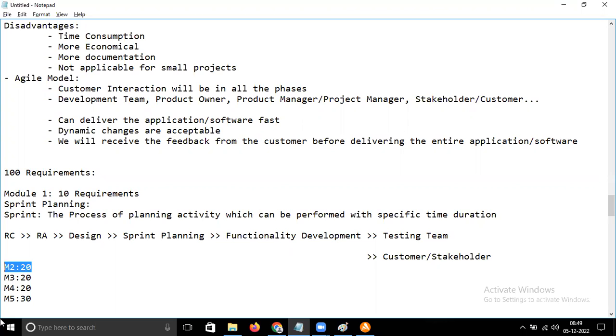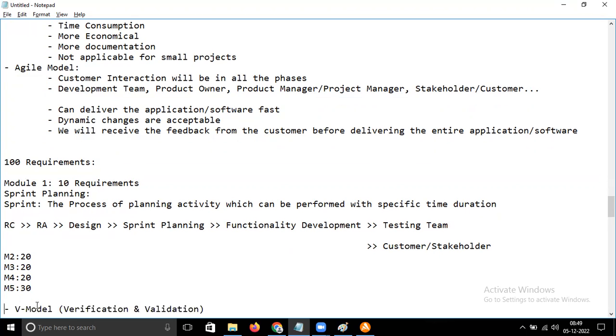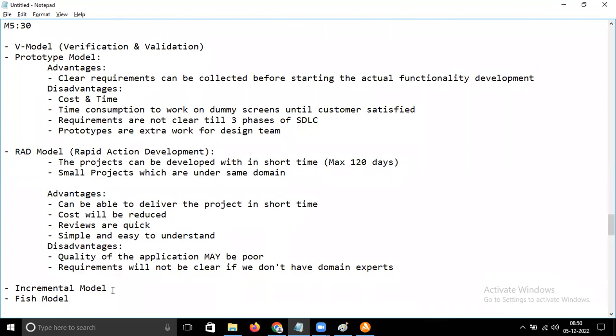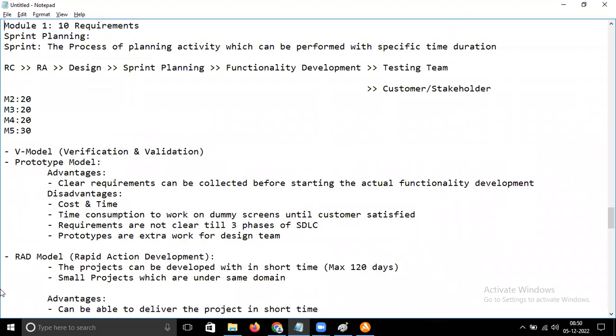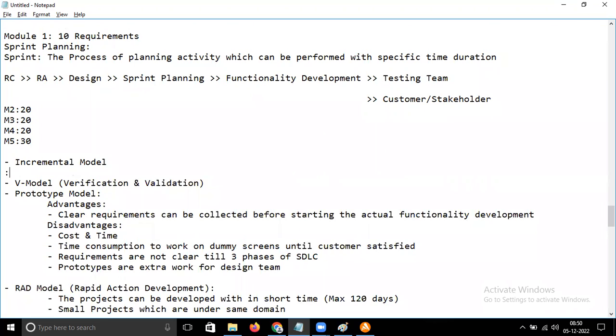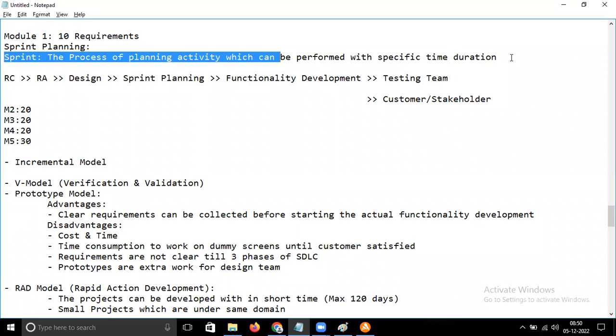Okay, let me tell you incremental as well, so that you'll come to know how the Agile model and incremental are differentiated here. So I'll remove it here and I'll write the heading here itself after Agile. Okay, the concept is almost the same. We are going to have some X number of requirements, and we are going to divide those requirements into different modules, and module 1 will have so and so requirements, and we will have sprint planning, and everything will be similar. But the only difference between agile and incremental is,